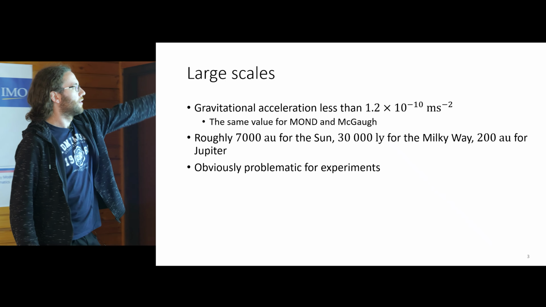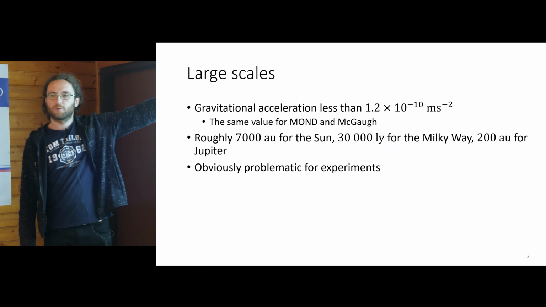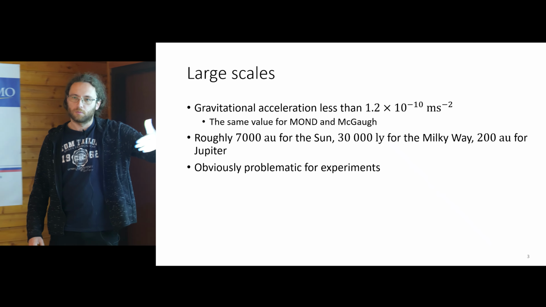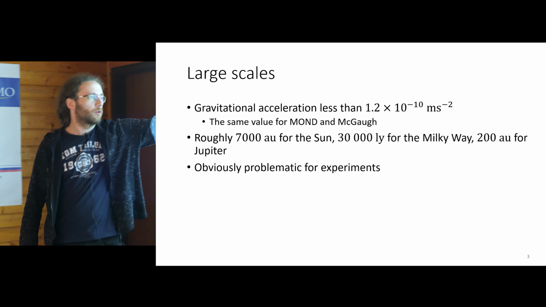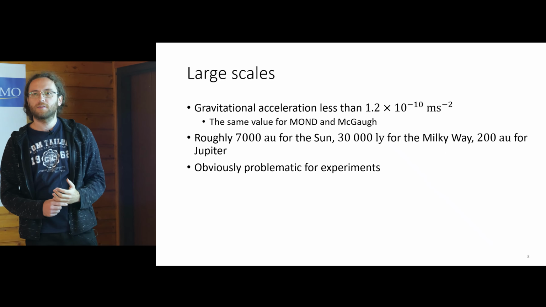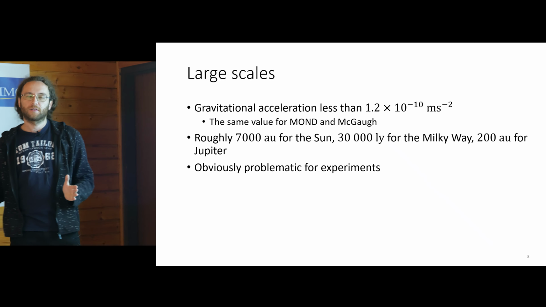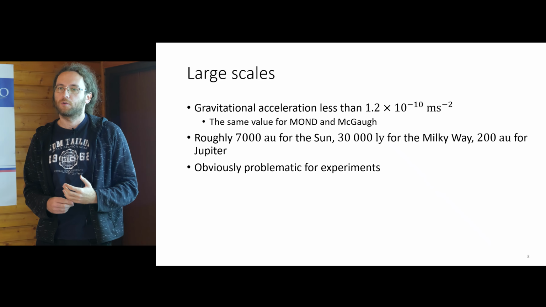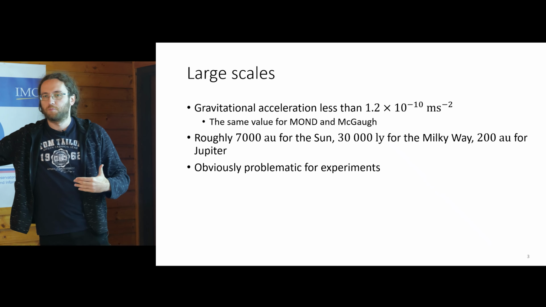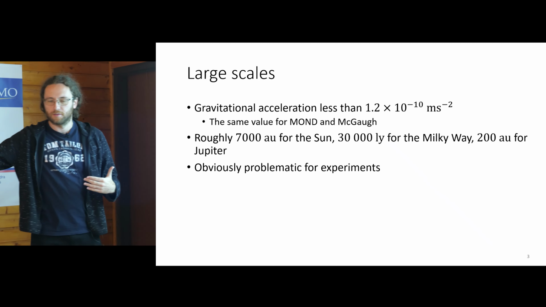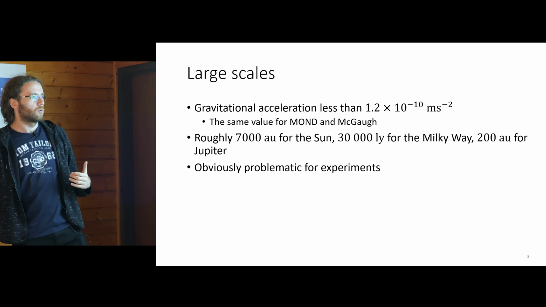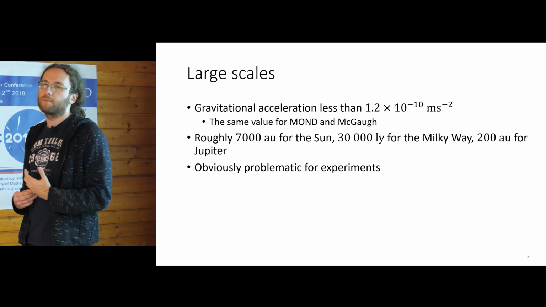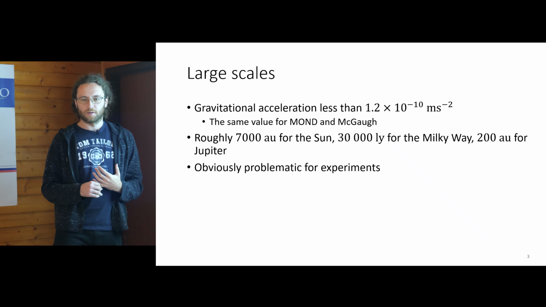These distances for the Sun are roughly 7,000 astronomical units, so roughly the distance where long periodic comets fly. For the Milky Way, it's roughly 30,000 light years, so more or less the region where the Sun is. And for large planets such as Jupiter, it's 200 astronomical units, so far beyond Pluto and basically the Kuiper belt. And this obviously presents massive problems for any sort of experiments because the furthest we have